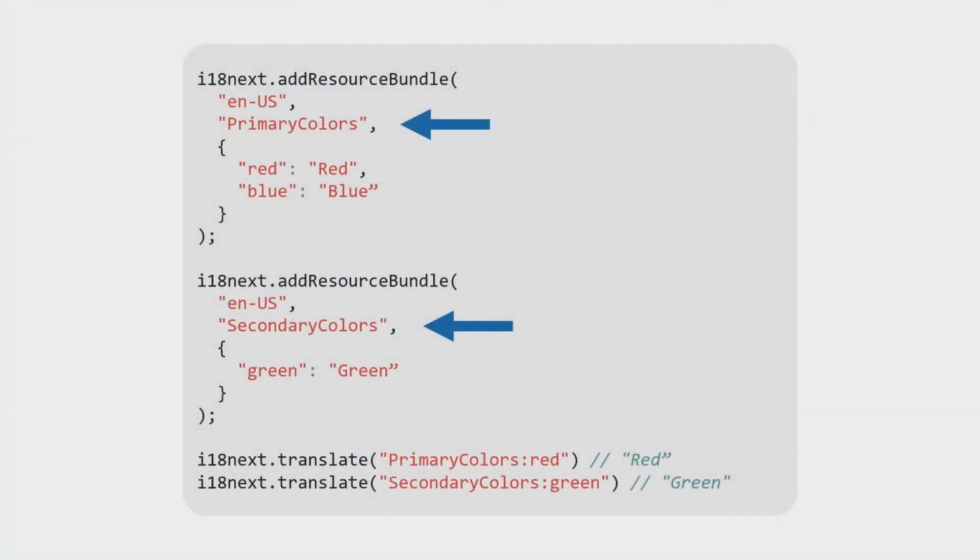Namespacing things can actually be super important depending on the scale of your application. If you've had an application that shows colors to your user and maybe you wanted to have a whole segment of your application dedicated to primary colors versus secondary colors, you might choose to segment those under separate namespaces. This is good for if there are multiple different teams working on different translations so they don't step on each other's toes or make bundle sizes too large, because as your application grows, the amount of strings will grow and become unwieldy for one service to hold all the localization, depending on if you have a monolith versus a microservice